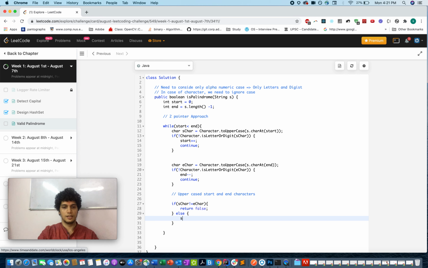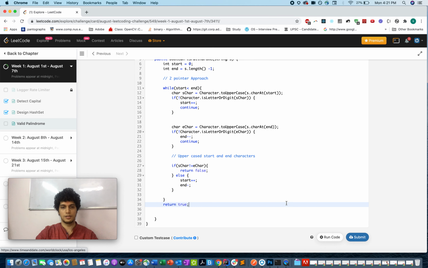Else we increase the starting pointer for the loop to continue and reduce the ending pointer. Once we come out of the loop, we return true.